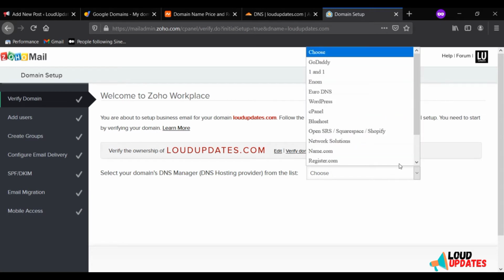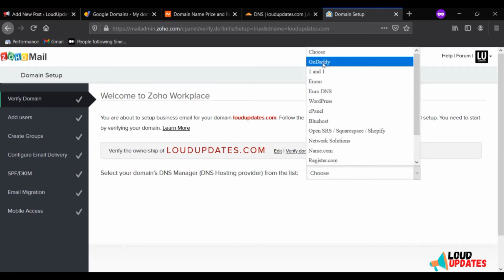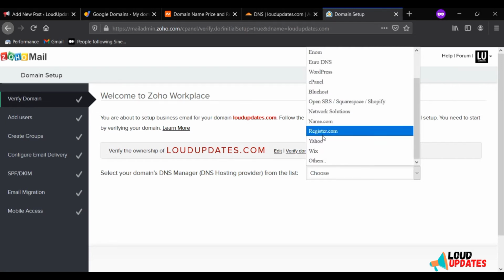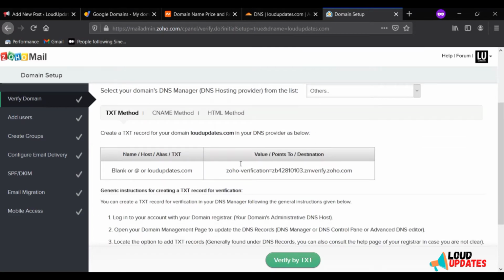Now choose the service where you bought your domain, like GoDaddy, eNom, EuroDNS, WordPress, cPanel, Bluehost, Network Solutions, Name.com, Register.com. If you don't see your domain provider, click on other.